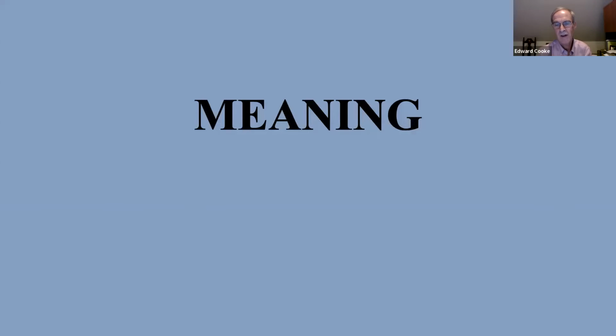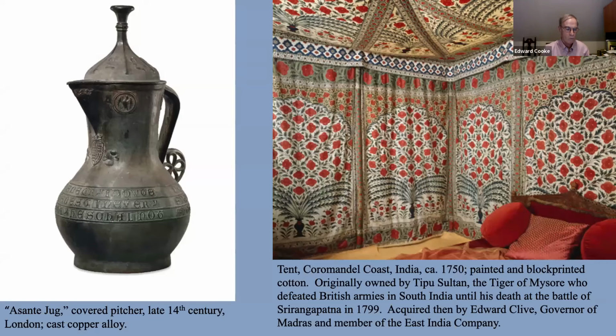Then I might just finish up talking about meaning instead of thinking about objects as they flow over time. One can think about issues like gift. Sometimes you have an ambassadorial gift, but there's also an extreme of gift. I looked at the raffia weaving earlier as a form of ambassadorial gift, but there's also plunder. These are two of the great examples of this idea of gift as a form of plunder.